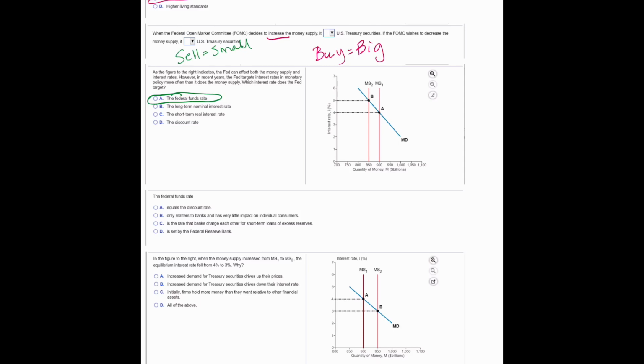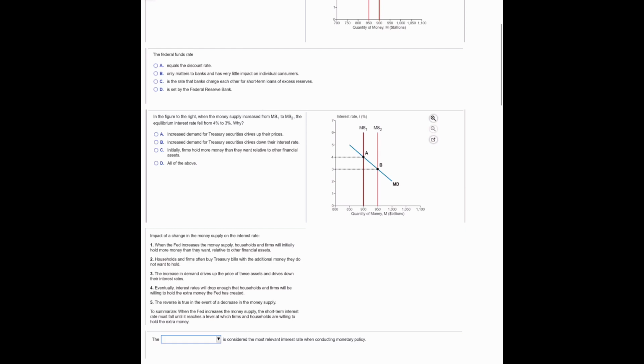So that's going to be important to know. They can affect both the money supply and the interest rates through that. But when it comes to targeting rates, what they target is in the federal funds market. The federal funds rate, just as a definition, is the rate that banks charge to each other for short-term loans